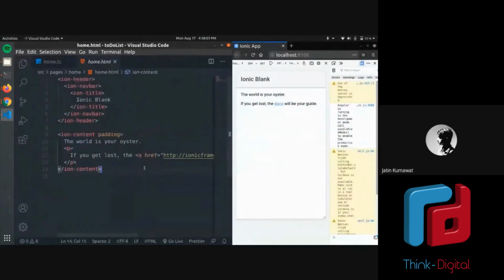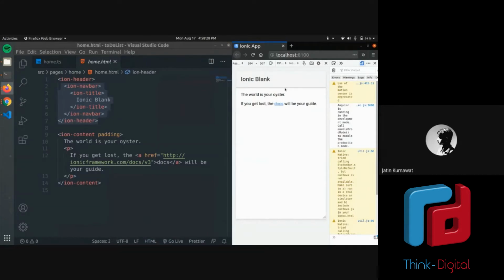Now we are starting with that. This is the first component. The first thing you see in your Ionic app will be ion-header. These are basically Ion tags. In HTML, you have HTML tags like head, body, and everything, but in Ionic, you have Ion tags: slightly modified HTML tags with better UI and predefined CSS. The first component is the header, which is this gray thing. This is your Ionic header. Then it has a navbar. This entire thing is called the navbar, with this shadow CSS.